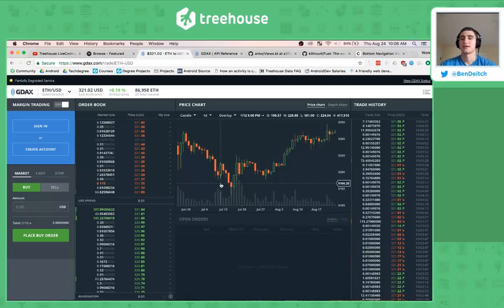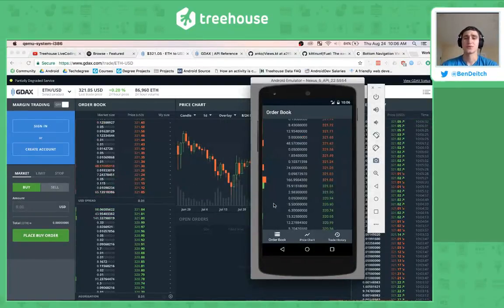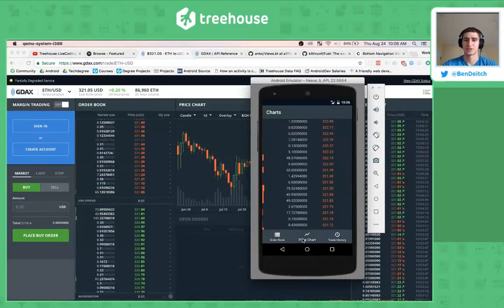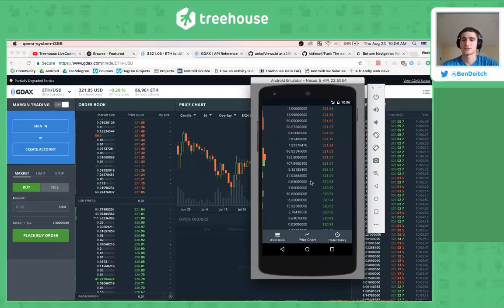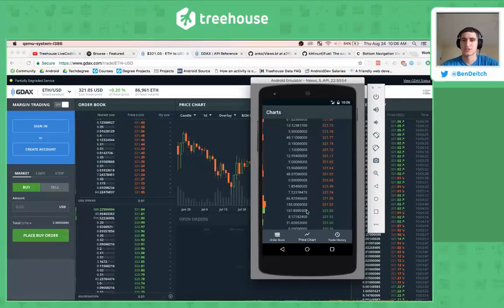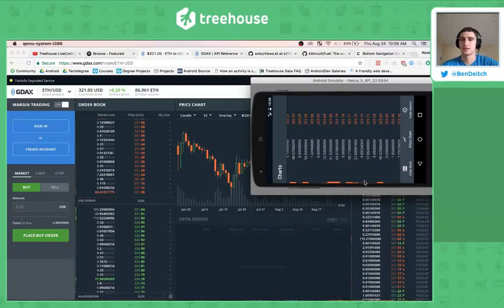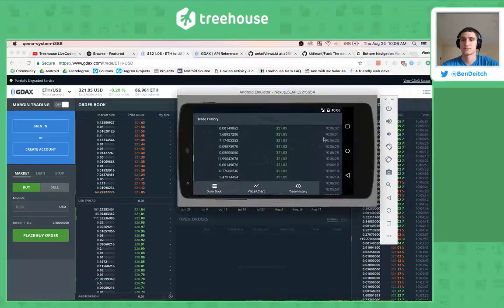All right. So what we haven't done is price chart. So this is just showing the same order book fragment right now. So we need a price chart fragment, which is what we're going to be working on mostly today. However, first, let me just talk quickly about those couple of things we noticed that we might want to fix. So there's this. If it'll rotate there, we've got this little bit. That's weird. And then another thing,